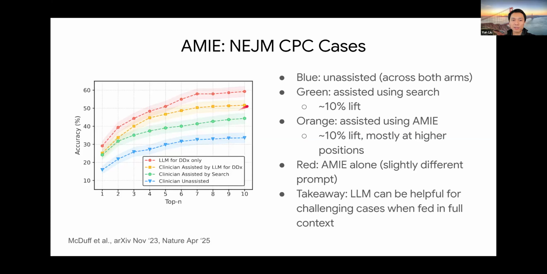Now, the elephant in the room is the red line over here. What we're seeing in the red line is that it's higher than any of these, both the unassisted clinicians and also any of the assisted clinicians. And again, we'll see that a lot of the benefit and the gap here is coming more towards the end. So what's the takeaway here? Well, I don't think the takeaway is that the red line is the highest. I think the takeaway here is that AI is clearly able to draw associations between complex medical information that's provided in the context, and from there draw the right associations such that it's understanding which diagnoses are most probably associated with these symptoms and case presentation.